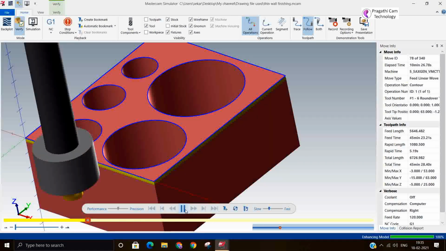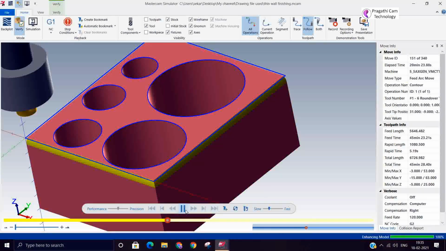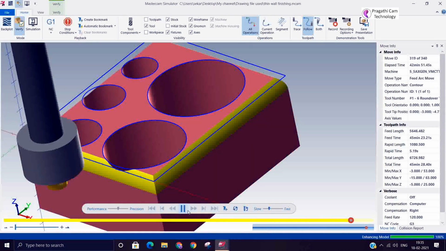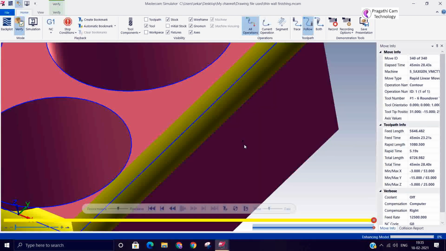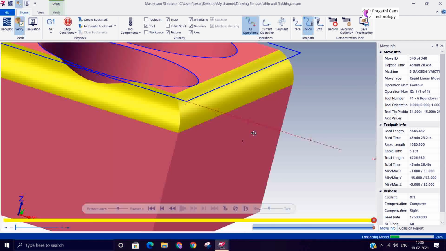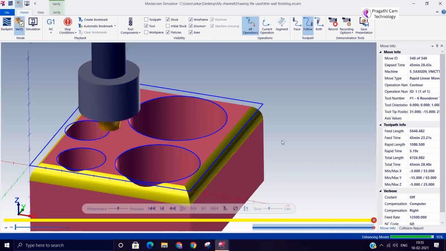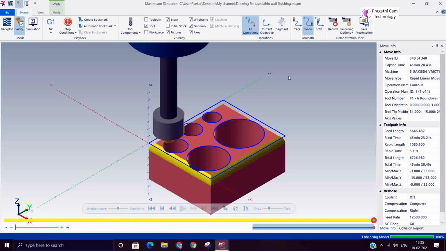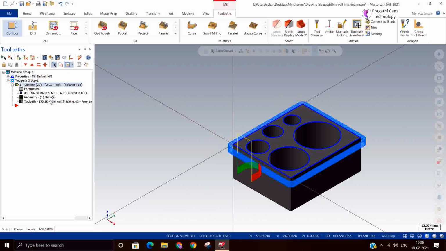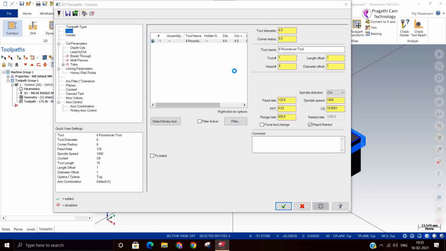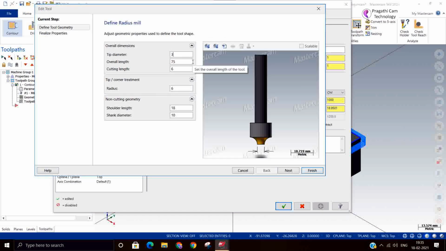So I have given a little more. I just want to show you. We know how to make a chamfer, but we don't know how to make a radius. People may come across this issue. For that reason only, I have shown this example. We can modify this radius also.